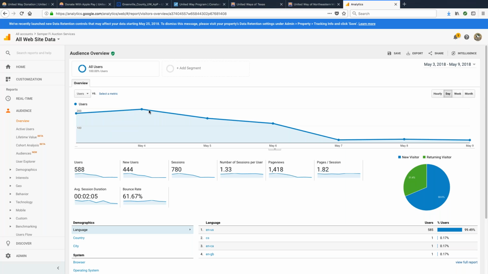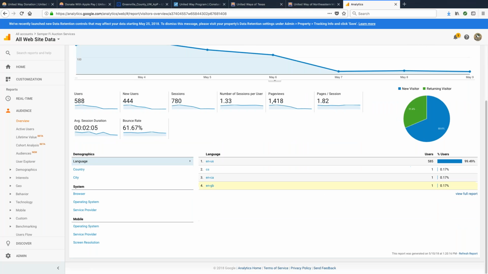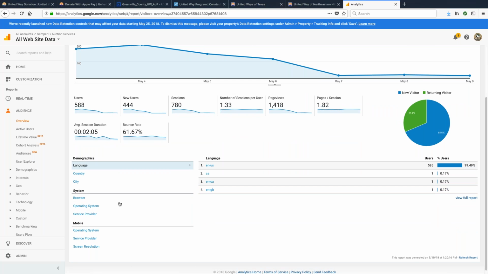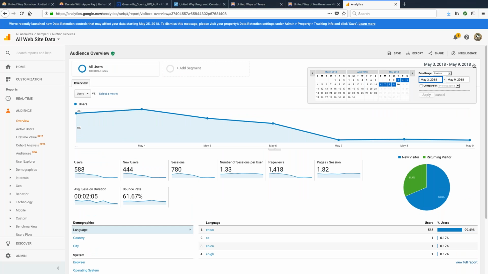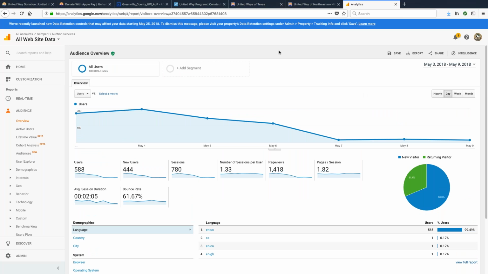So you see high usage going into the weekend, and then it's dropped off because the auction is over, which you would expect. Some of the things you're looking for are whether they are new customers or returning customers, and what the top pages are that they're visiting. You might be interested in whether they're on a mobile device or not, or what kind of tools they're using, so you can look at different browsers. I can change the date parameters, and if I go back earlier, I'm going to see different numbers. I can export it. I can share it.